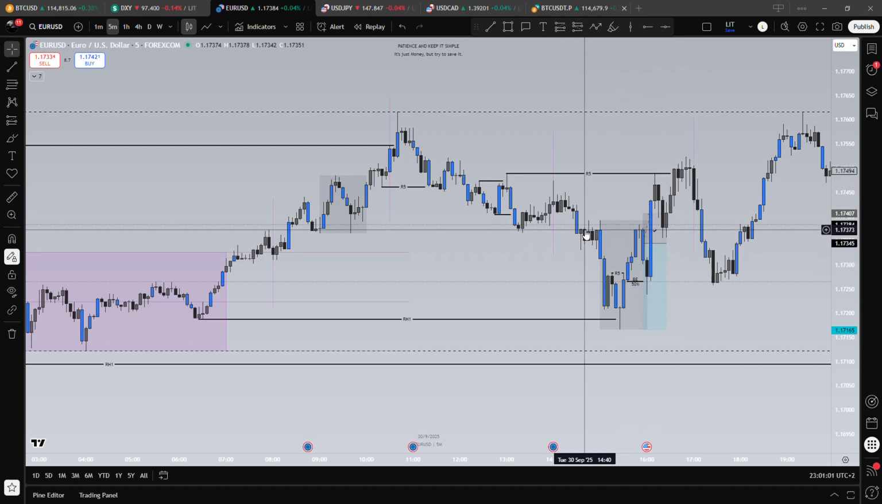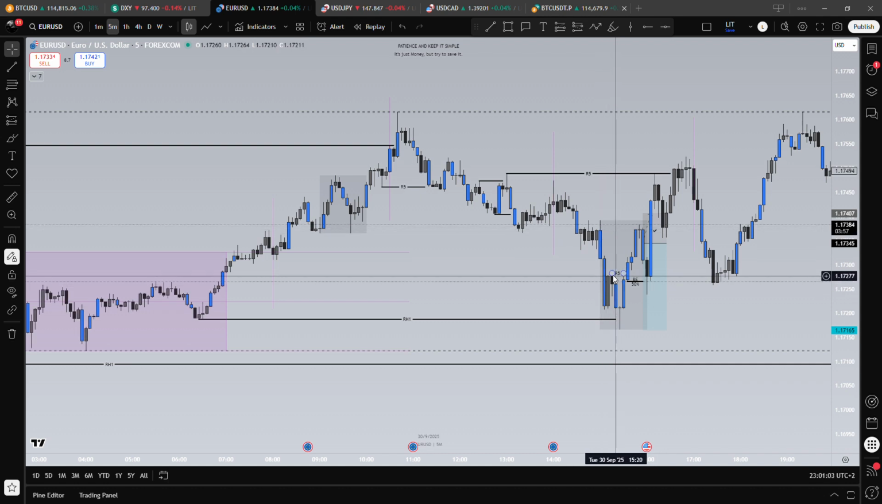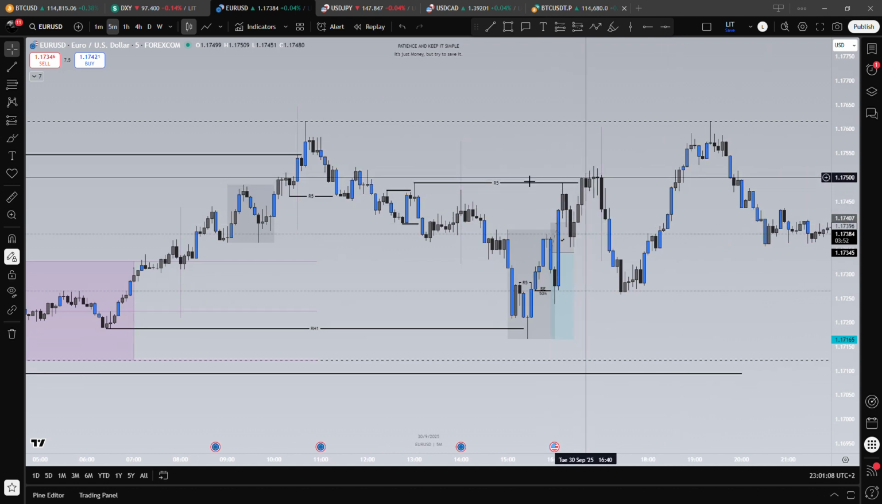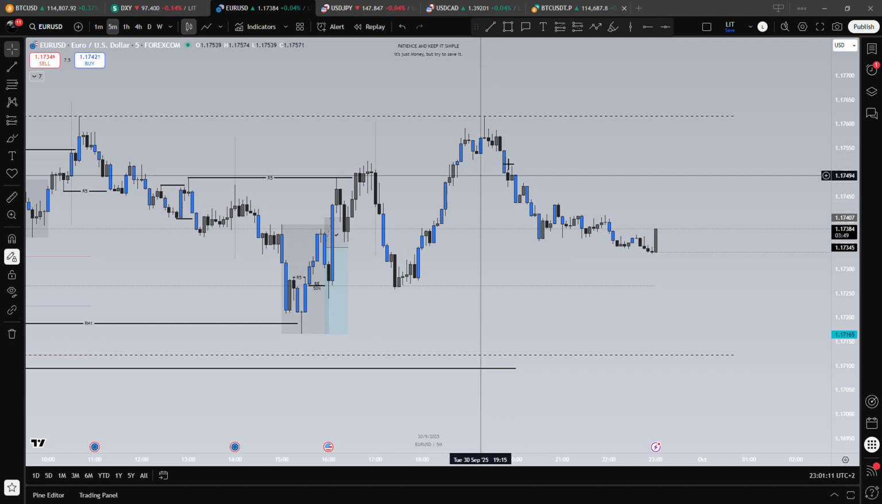I waited to take this like POI with this breakup structure here, and then it went up to take this round with the M5 and continued up. Okay,